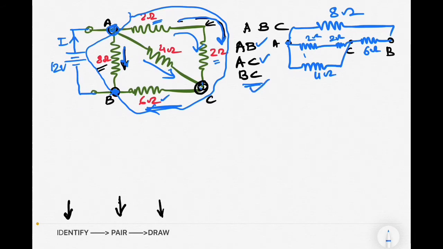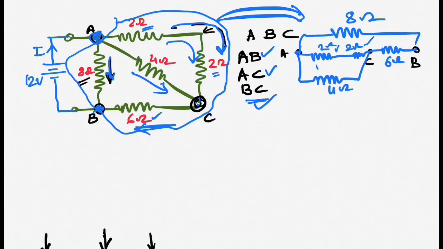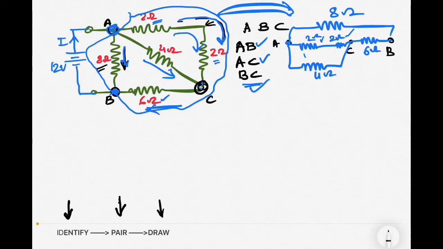So we reach another version of this circuit, and you see this is more simplified. I can see here 2 ohm and 2 ohm in series, right? So now I can convert that into a more simplified form, where I can add this 2 ohm to 2 ohm, because both of these resistors are in series. So this is 4 ohm, right? So I can redraw this. Here 4 ohm between A and C, and 6 ohm as it is between C and B.